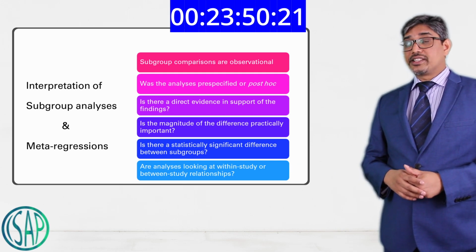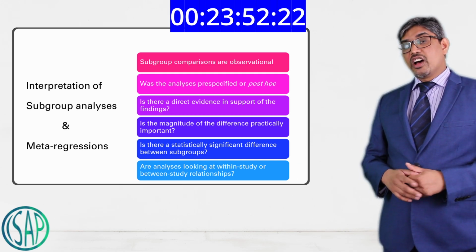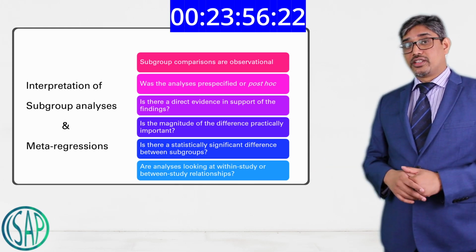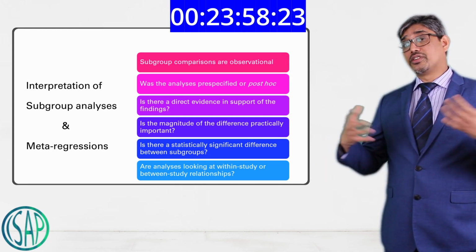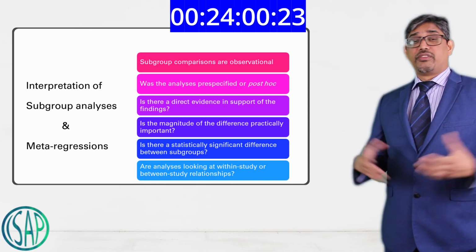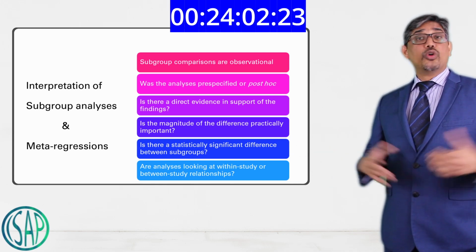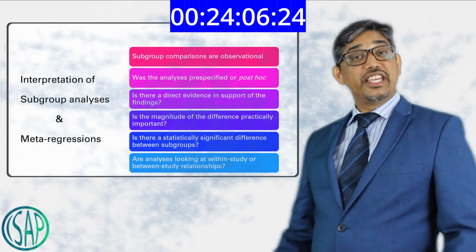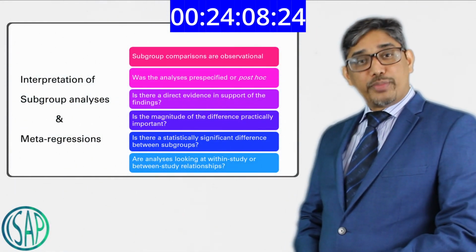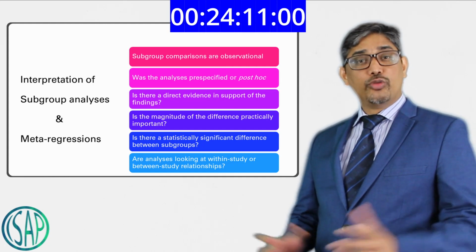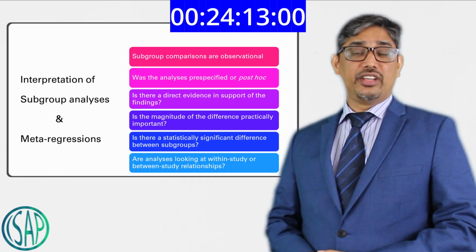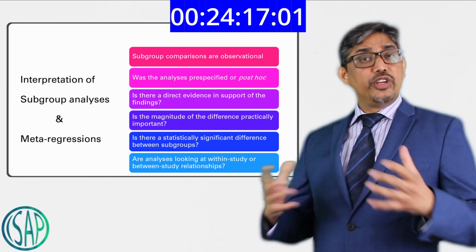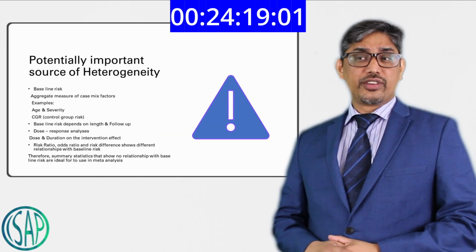Subgroup analysis and meta-regression is the last mode of approach when you can't do meta-analysis, when you can't do pooled estimates or pooled outcome measures, when you can't display because of higher heterogeneity. The only solution is either subgroup analysis or meta-regression. Having seen the results of subgroup analysis and meta-regression, you all know that when you have heterogeneity, you can't do a meta-analysis. Obviously, we need to identify the sources of heterogeneity.